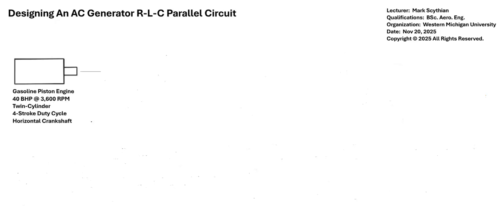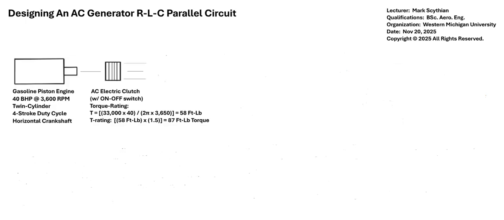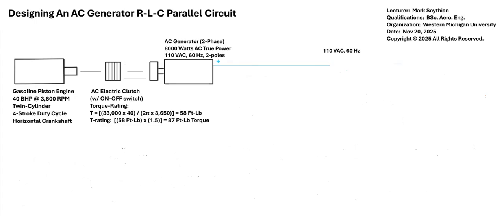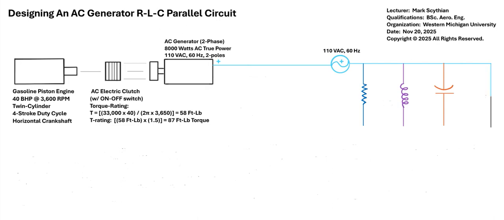So if you're working on designing an AC RLC parallel electrical circuit for a generator, please stick around for this lecture and we'll go over some design fundamentals. So here we have an engine driving an AC generator with an electric AC clutch, and in this case we're building a generator from scratch, so we have all the hardware components, but we still have to build an RLC circuit to interface the output from the generator to measurable and useful